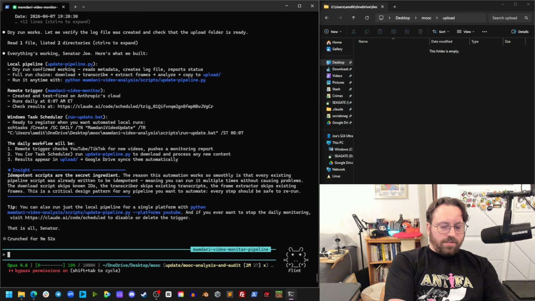How much of the pipeline should run in GitHub Actions? We're just going to have it monitor and deploy new videos and deploy the dashboard to Pages. Actual processing still happens locally. It's least complex. Let's do everything except transcription.